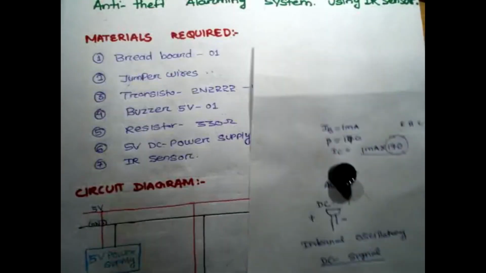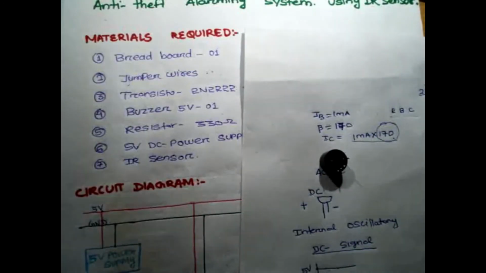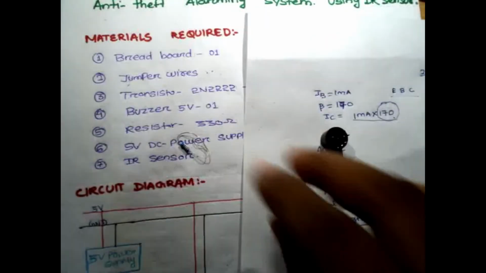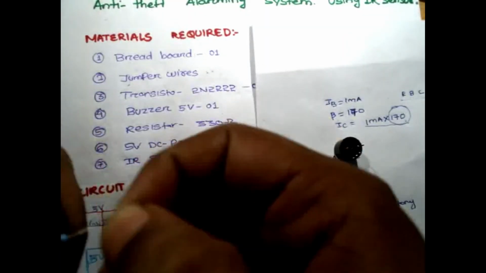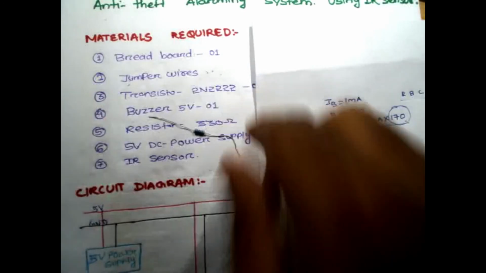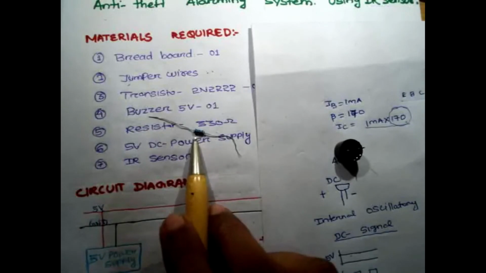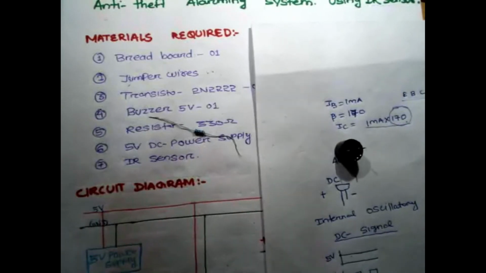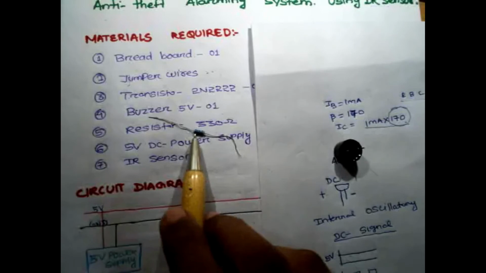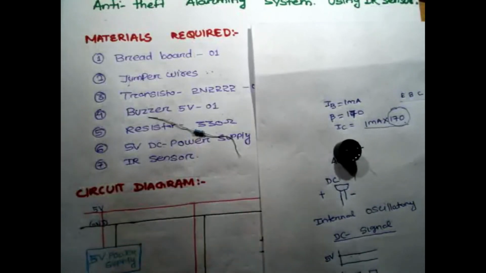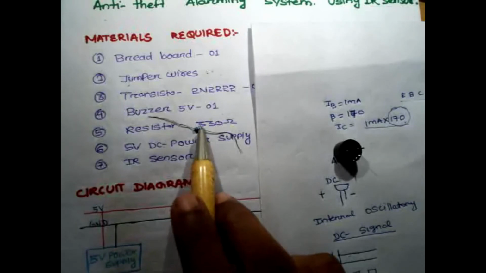Next component is the resistor. It's a very common and very simple resistor. It is a very versatile component. As I have already told several times, this one is the carbon resistor of value 330 ohm. This is used only to limit the current. The purpose in this practical is to limit the current. Now, what current? I am giving supply to the transistor base through this resistor.